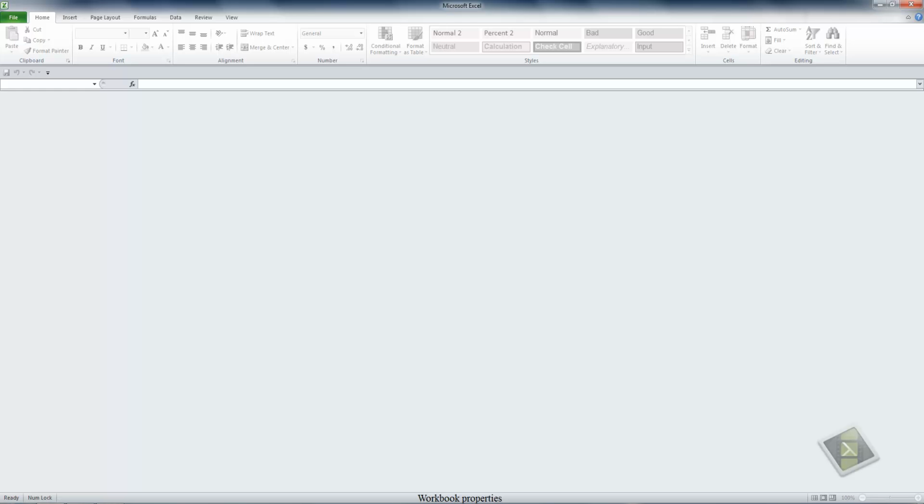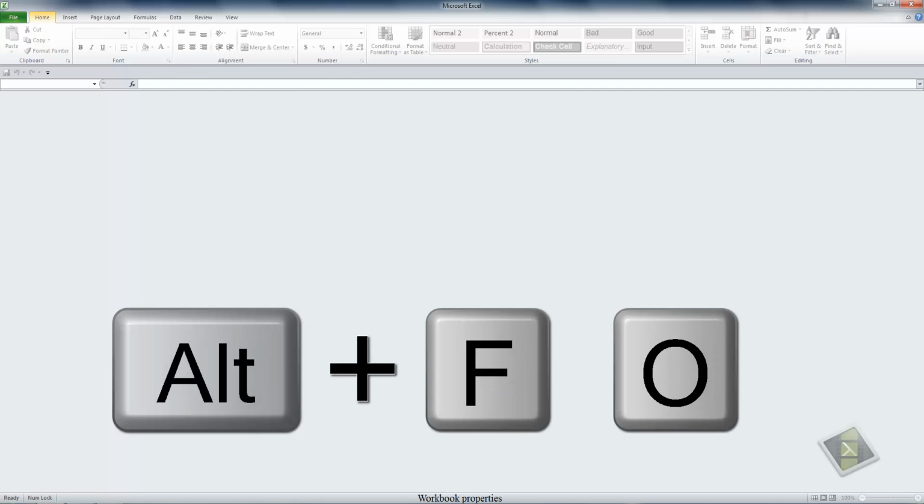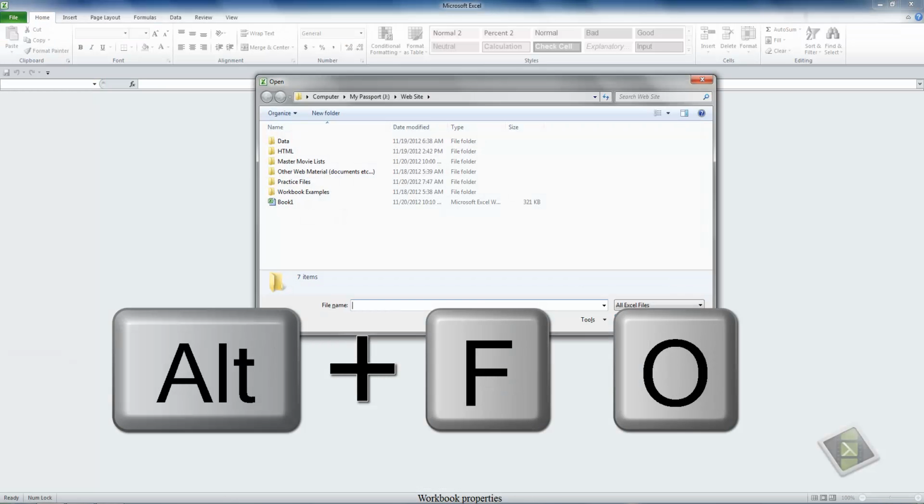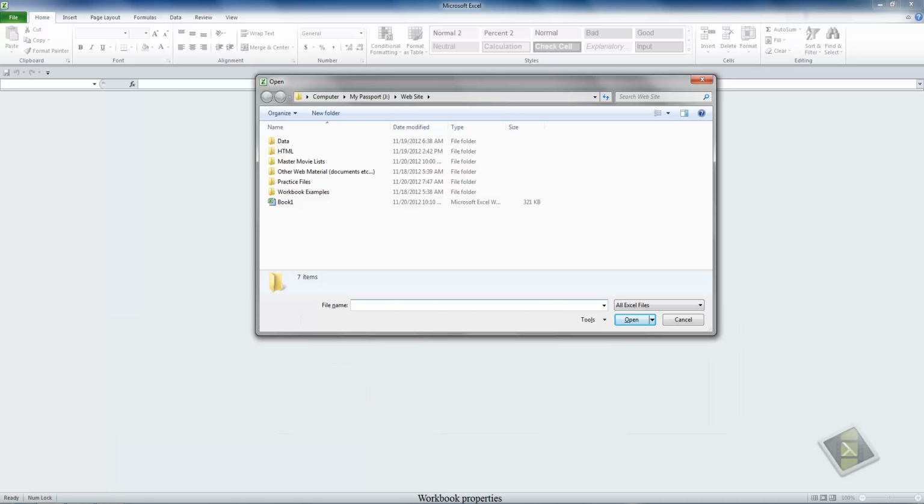So why would we set up some values in some fields called properties in a workbook? What function does it serve? We're going to show you what function it serves by pressing Alt-F-O, which is the Open File dialog box, where we see Book 1 listed at the bottom of the list. Now we have some properties that are displayed already. These are the properties that are automatically updated, the date modified, the type of file, and the size the file is. But we can add some fields to be listed here